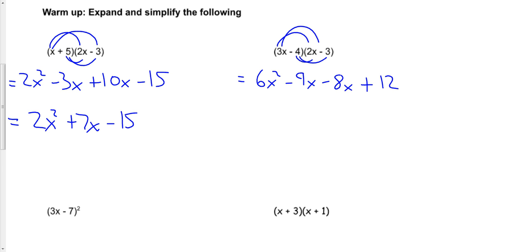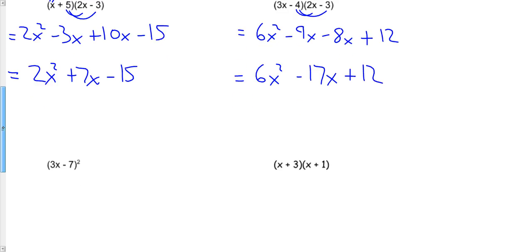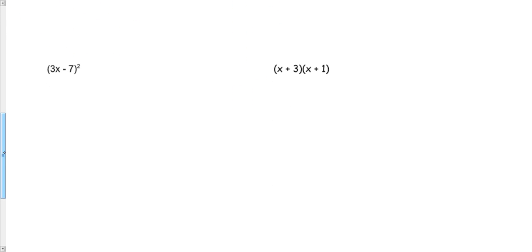So again, I need to collect my like terms, so I'm going to do that. I'm going to take 6x squared, because that's the only x squared term. I can combine negative 9x and negative 8x together, and that will give me negative 17x, and then I'm left with positive 12 at the end. Okay. If I continue with that same process, I've got another example here where I've got 3x minus 7 all